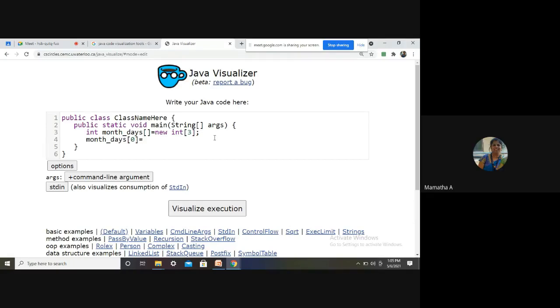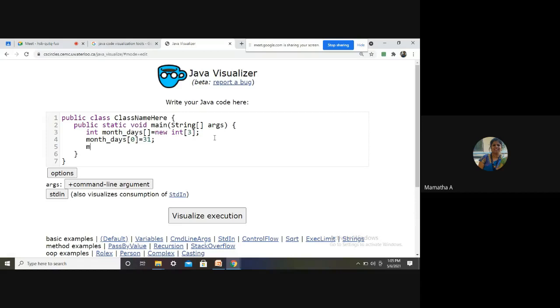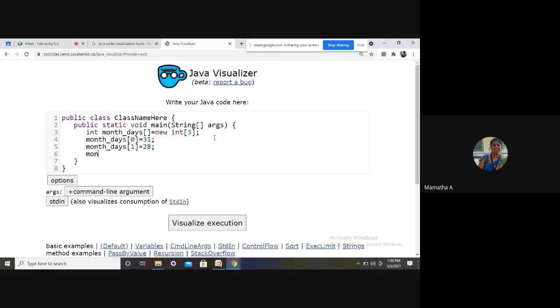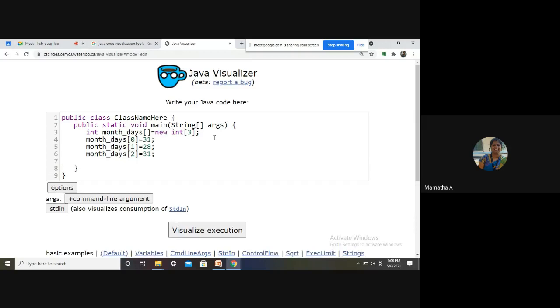Next, the second element, which index? 1. Actually, it will store the number of days in the month, 28. Next, the third element. What is the index for the third element, students?